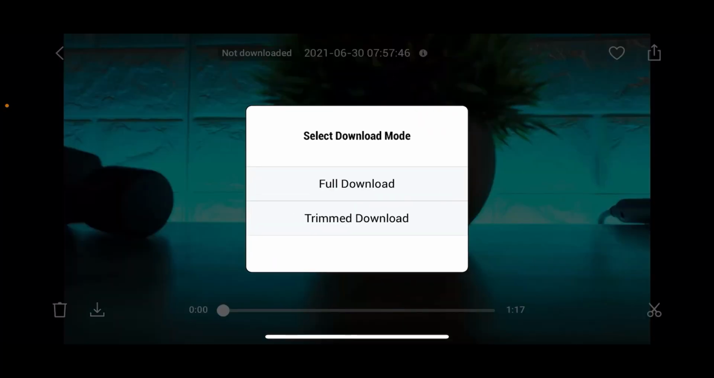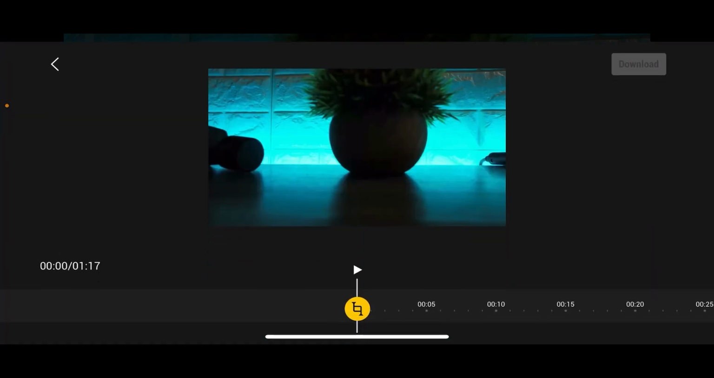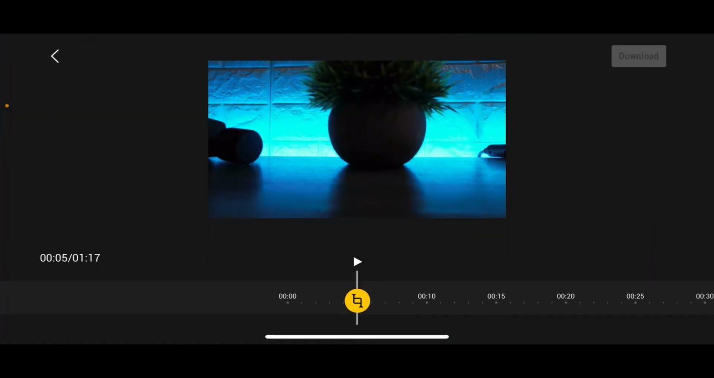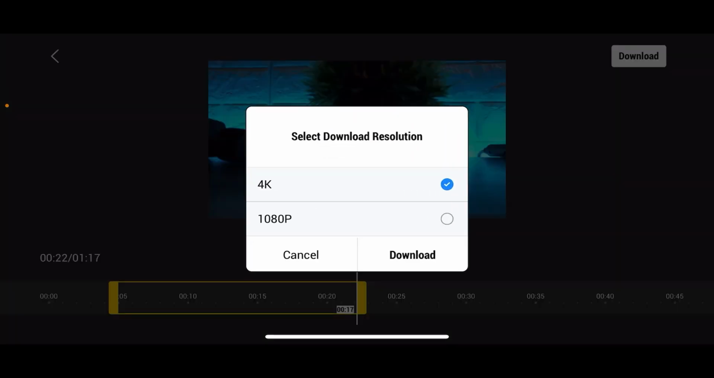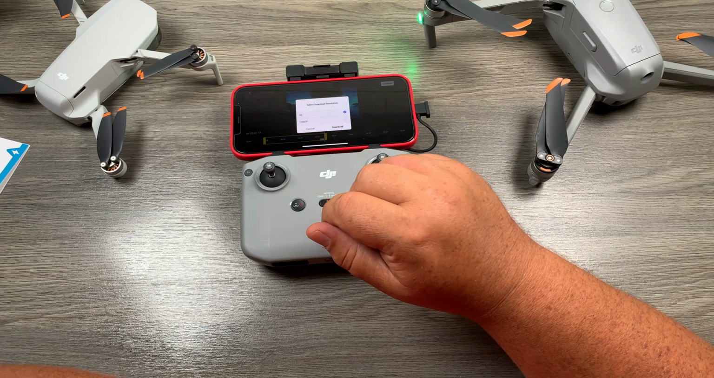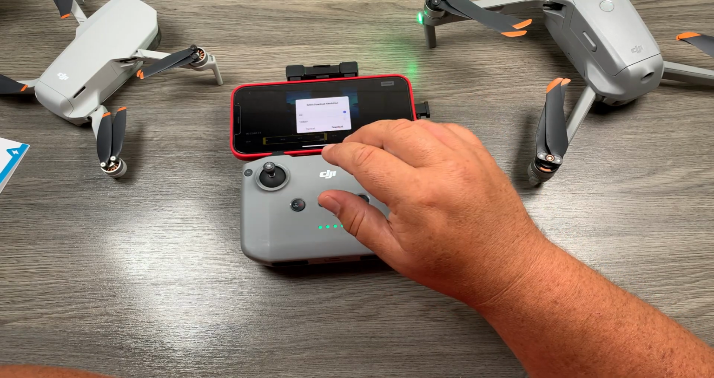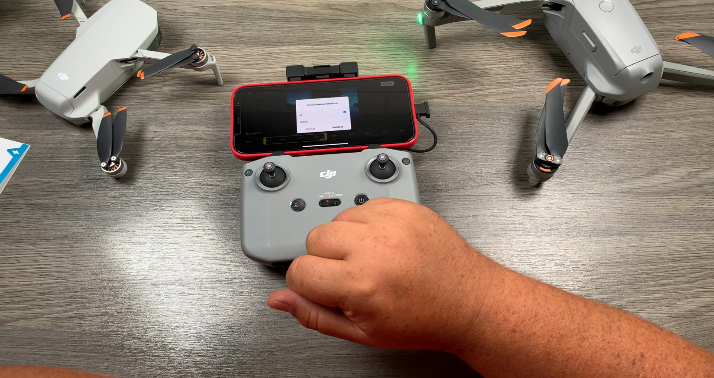But now when we click on the download button, you can see here it gives us this new option. It says full download or trim download. If we click on trim download, you can see we can set our in and out points. Then when we hit download, it's going to ask us what resolution we want to download it in, 1080 or 4K. And that's a pretty important update as well, because up until this update, if you were filming in, say,